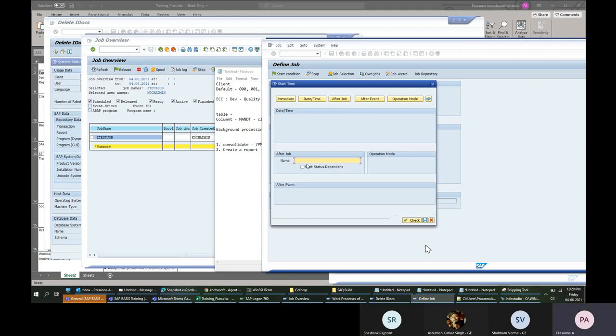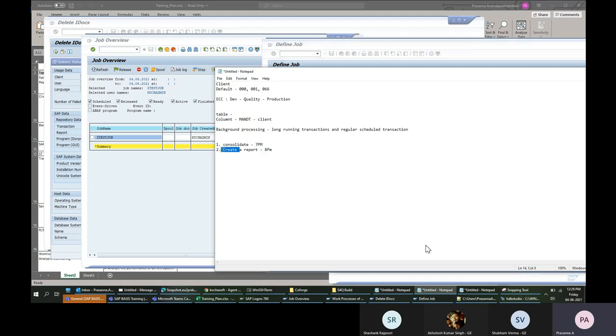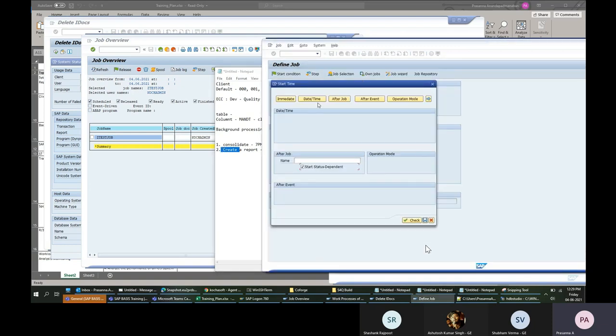Or after event, where I can define an event, something like an external process trigger. From an external process, or using an external command, even a third-party system can trigger an event in SAP. If that event is triggered, then this job will run. So these are the different options for defining a start condition for a job.